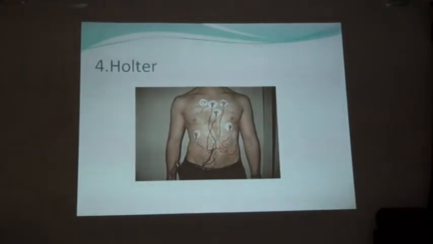Why is it known as Holter? Because Holter was the discoverer's name. This machine was discovered by Holter. That's why it is known as Holter. Basically, the first one is the basal ECG, second is the treadmill exercise ECG, third is the ambulatory walking ECG. Even while you are walking you can see the ECG. So these are the three forms of ECG.